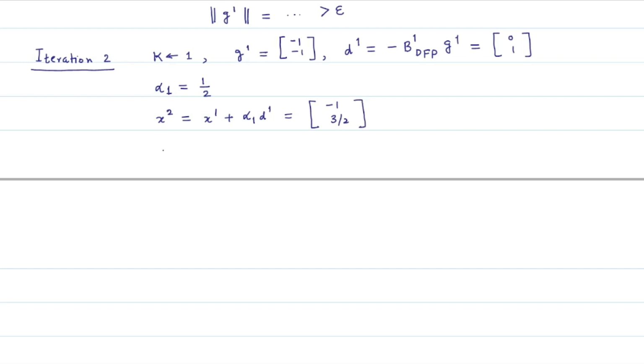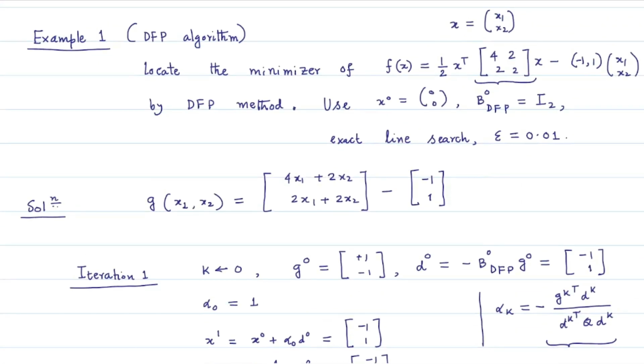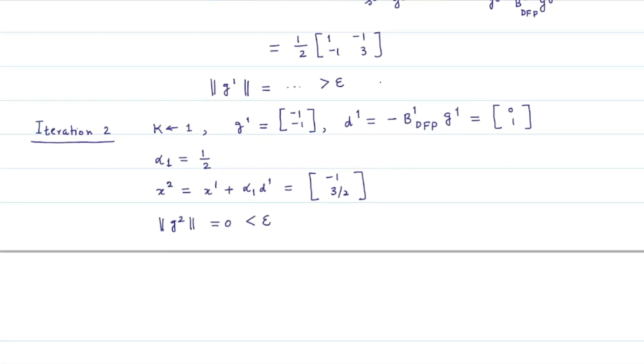And at this point x2, you can find that the gradient is equal to 0, which is less than epsilon, and hence we have to terminate the process, and this is a stationary point of the given problem. And as the given objective function is a quadratic function with positive definite Hessian, the point at the end of this DFP method, the point (-1, 3/2), is a global minimizer